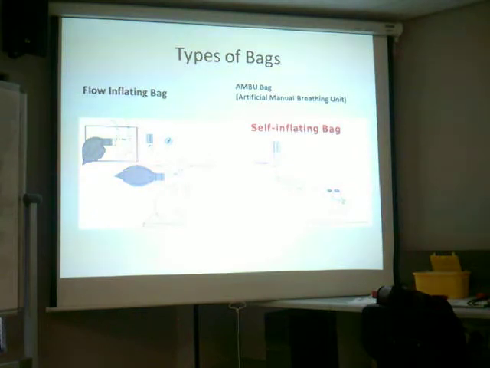Okay, so here we can see the difference. This is a flow inflation bag. When you look at it, it's almost like a rubber type of material, like a balloon. So if you don't blow into that balloon, it will not fill up. Whereas the self-inflating bag is made of a plastic silicone type of material with recoil capabilities. If you press it, it will recoil and it will be able to fill the patient. So here you can see there's a valve, so you can actually regulate the amount of pressure. Whereas with this one, there's also a pressure valve. It's called a PEEP valve that you can change, and I'll show that to you in the simulation there.